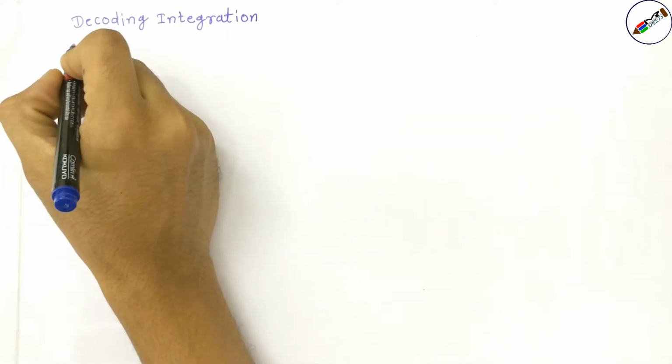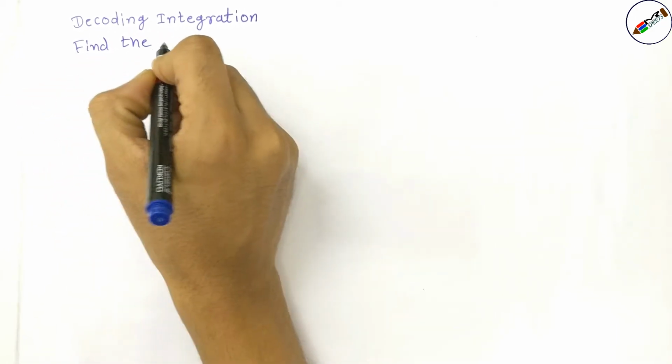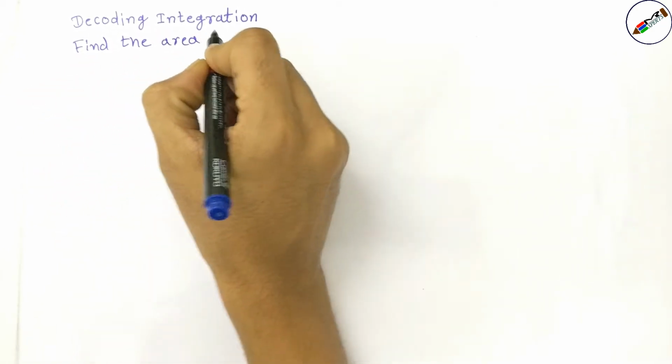Hi guys, in today's session we are going to apply the basics of integration to the calculation of area of a triangle. We are going to take a simple example of a triangle along with its vertices and try to calculate its area using integration. Let me take a simple triangle with its vertices. Find the area of a triangle with vertices